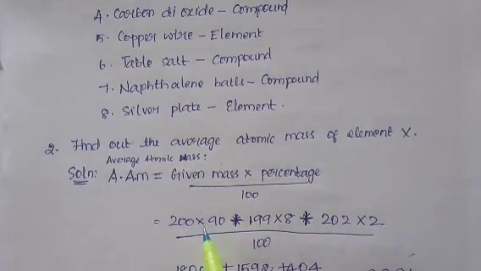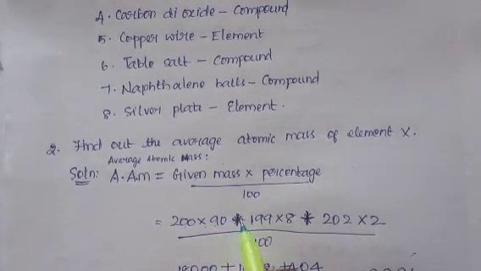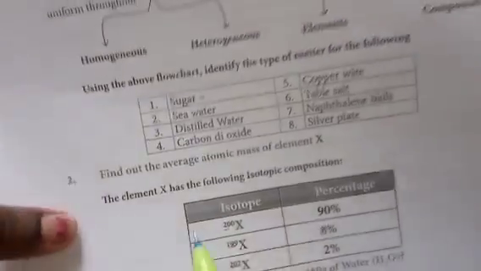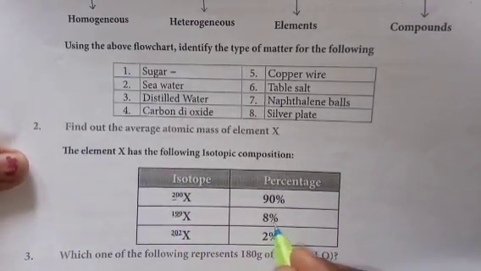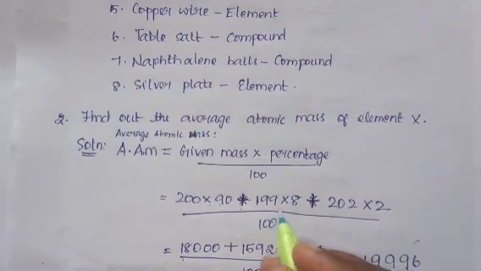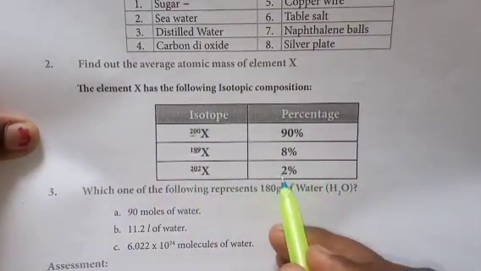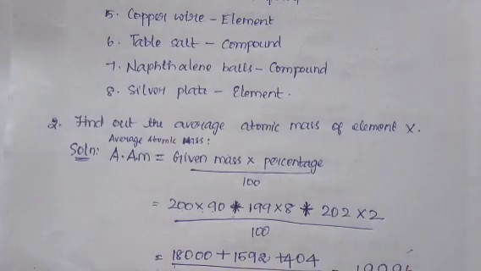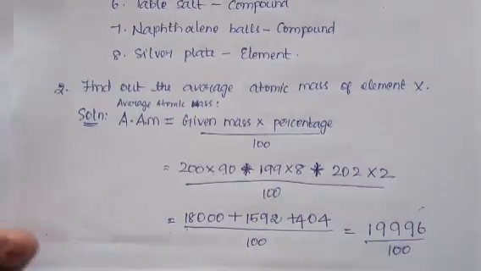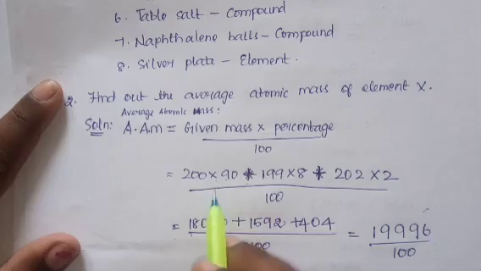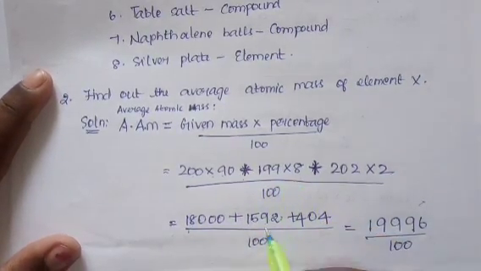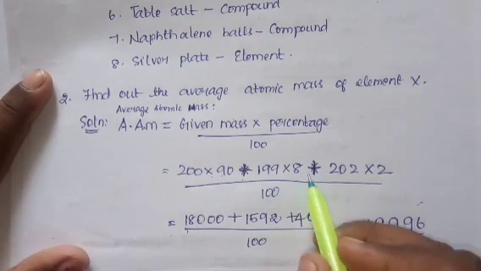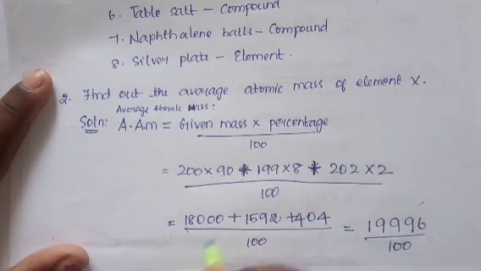So 200 into 90 plus 199 into 8 plus 202 into 2, by 100. If we multiply, 200 into 90 is 18,000, plus 199 into 8 is 1,592, plus 202 into 2 is 404, by 100